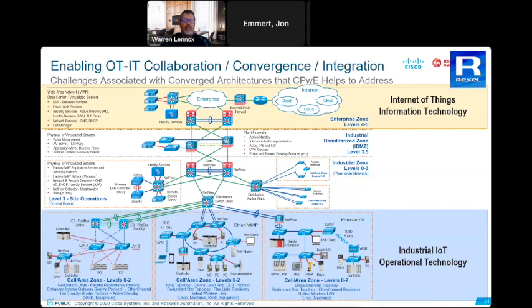So myself, I'm still learning a lot about the IT space. It's not something I've had a lot of experience with. I've been on the OT floor for the majority of my time. But this is certainly a great way for these two teams to start communicating and understanding the way traffic traverses